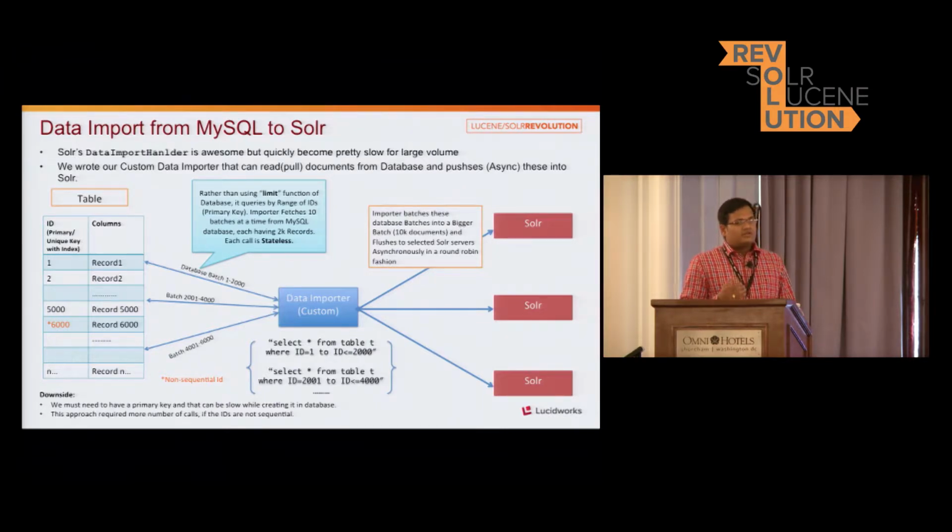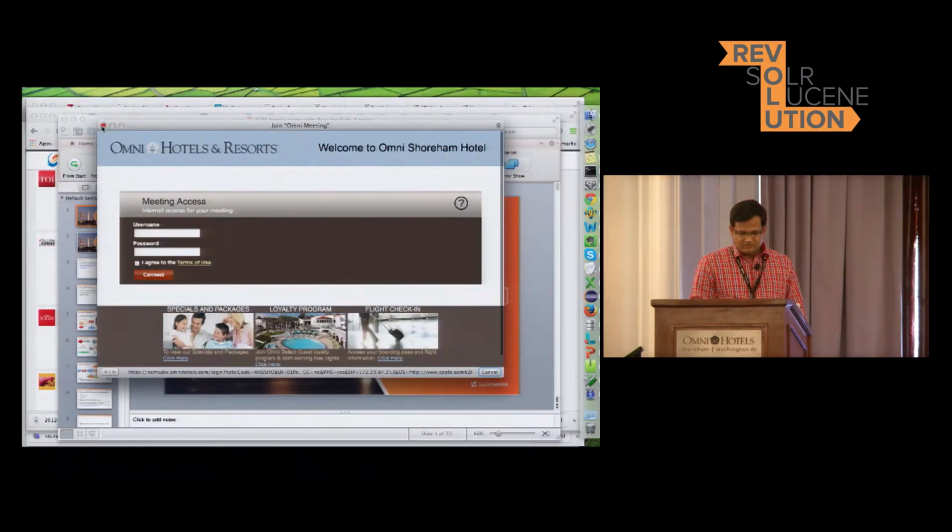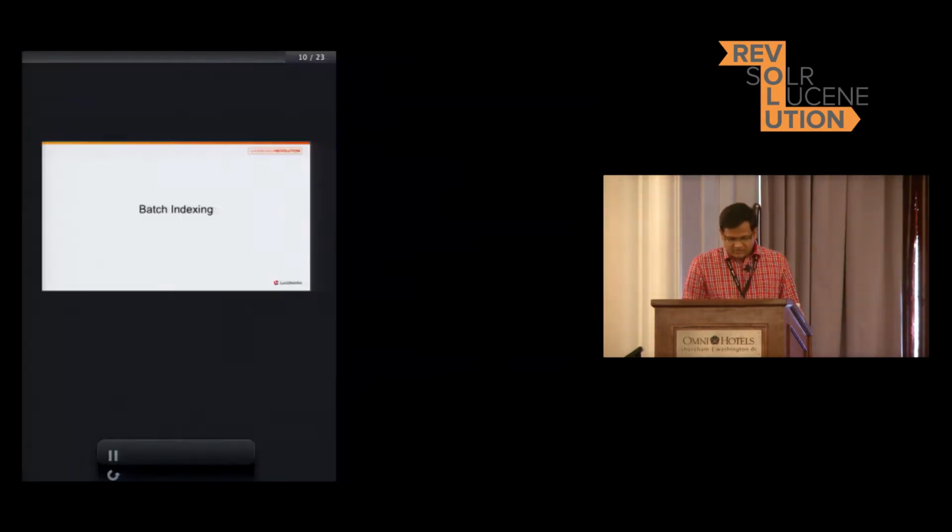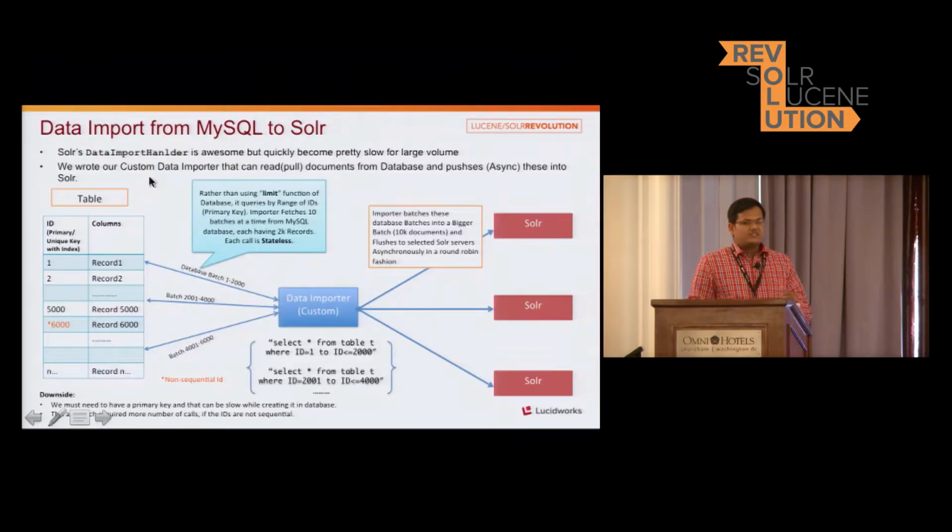The benefit is that the ID is basically a clustered index. Because the ID is a primary key, or it could be a unique key, it is very fast and returns the response in O(1). Now, if we need another, we can say, give me the records from 2001 to 4000, and keep going on. To scale and make as much use as possible of our CPU, we run 10 queries on MySQL and get the response very quickly.